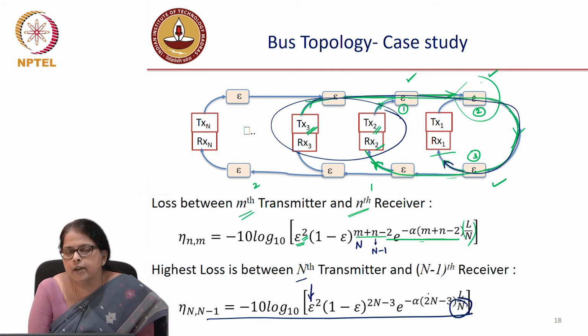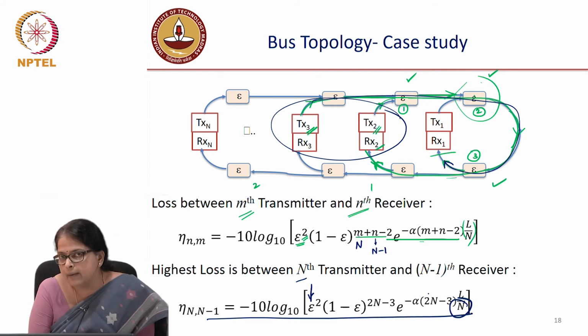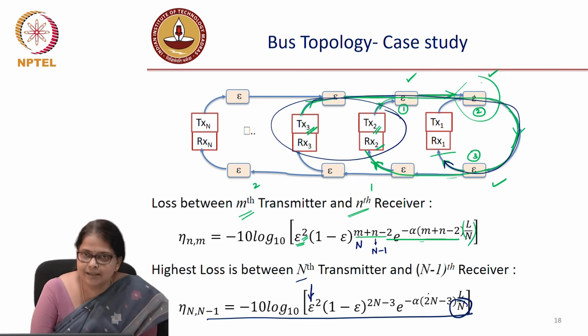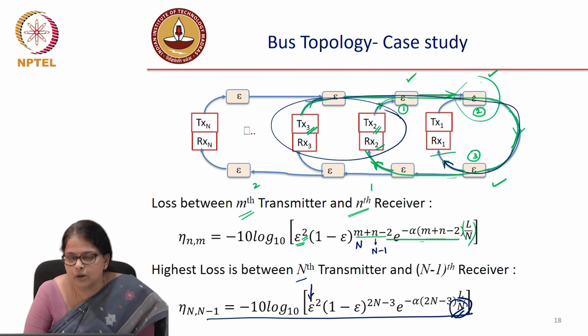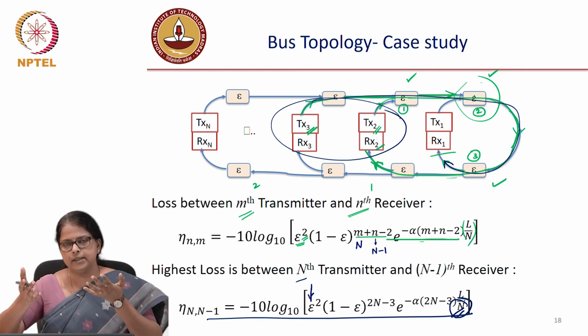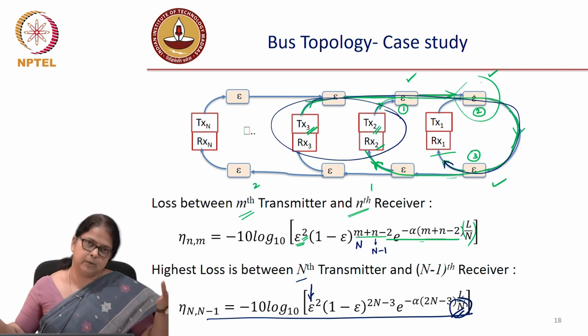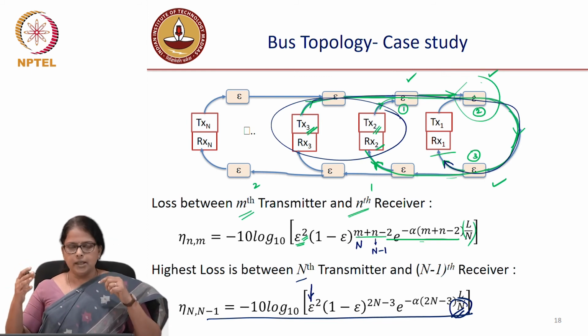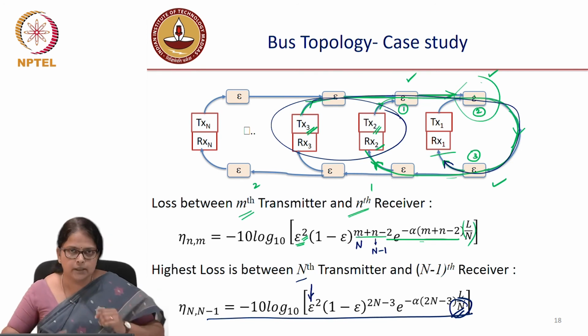Okay. So if you ask yourself the question, what should be my epsilon? What should be my coupling ratio? Should I drop 10%? Should they be 50-50 couplers? Should they be 90-10 couplers? The answer is it depends on your n. And the objective is always to minimize your loss. Obviously, when the number of nodes increases, the loss between the nodes will naturally increase, but the question is: is there a choice of an optimal coupling ratio which will minimize the total loss in the network?